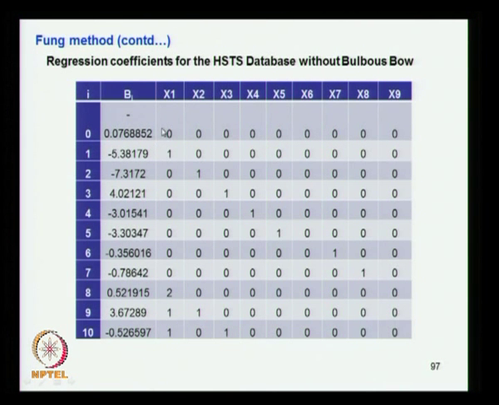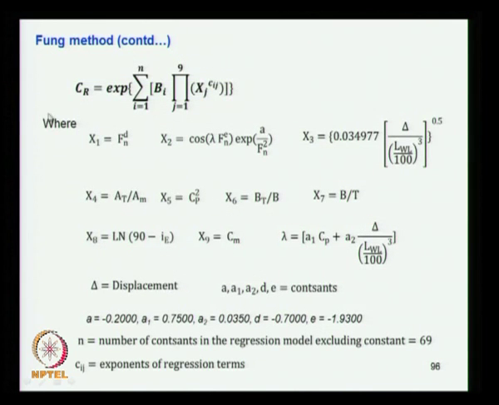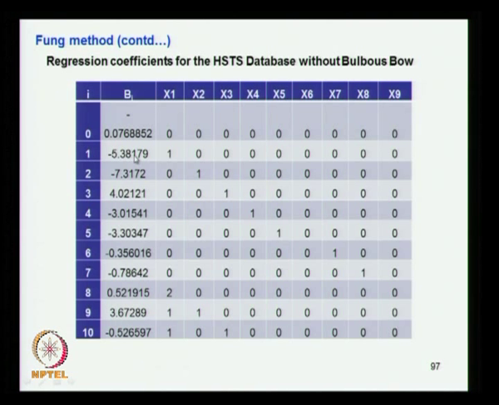So once you get the b for a particular row, you get all these quantities. You can see that, sorry, this first row is all zeros here. So if you have b, all these are 0, so it becomes 0. Then you have b1 equal to minus 5.38179, and only x1 will have a power, other terms are not significant. So the power will be 1, and other powers are 0, meaning x2, x3 raised to 0 again is 1. So other terms become 1 only, so only x1 will have the power 1.